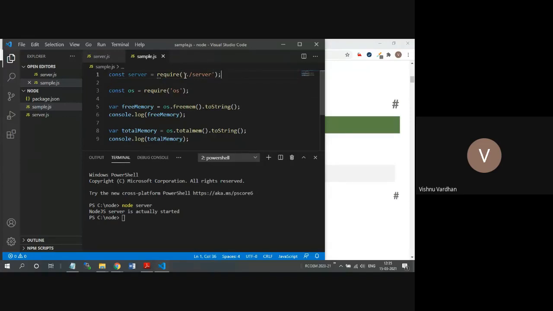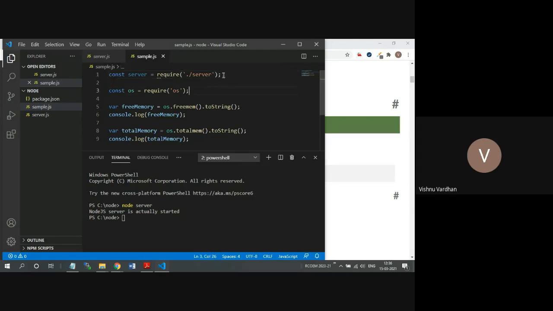So dot means the current directory, and the server name is available here, and we can provide the name like this, or otherwise simply take the name of the file itself without providing the .js extension, because in Node.js everything is a .js file. So whether you give the .js or not, it is immaterial to that Node server.